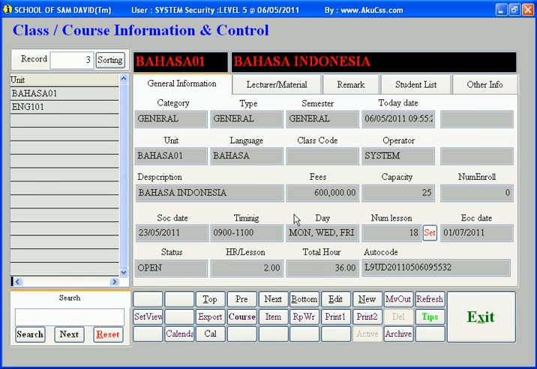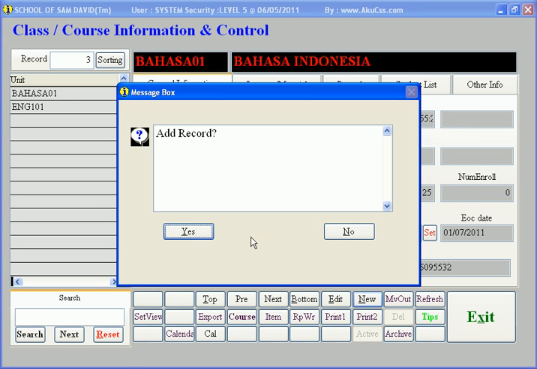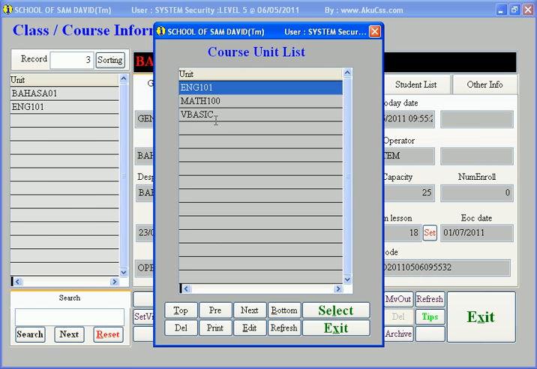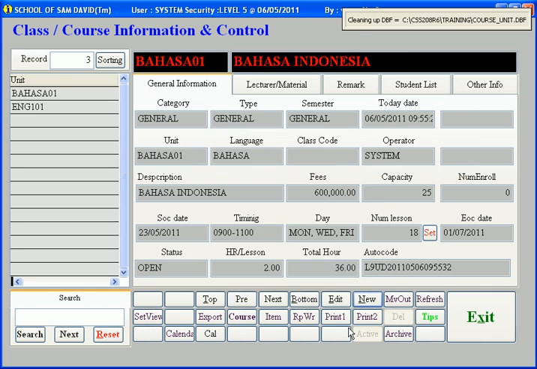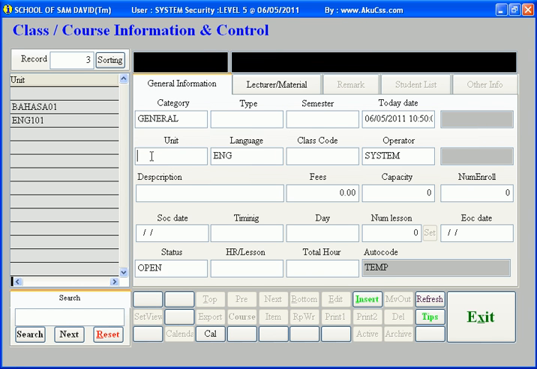Okay, the next example I want to talk about is how to open an ad hoc class. An ad hoc class means that our class did not come from our master course. It's just a cowboy class that we open immediately for people's registrations. To do that, all we need to do is click this new button, left click, answer yes, and we do not select from our course unit list. Just exit. For this type of class, all we need to enter is a unit name. For example, I call it training,